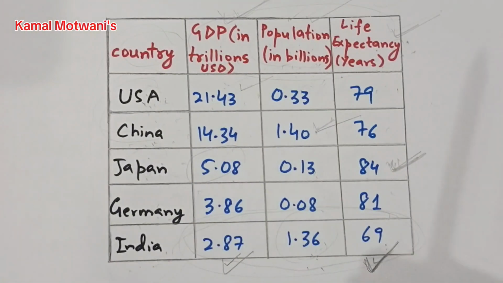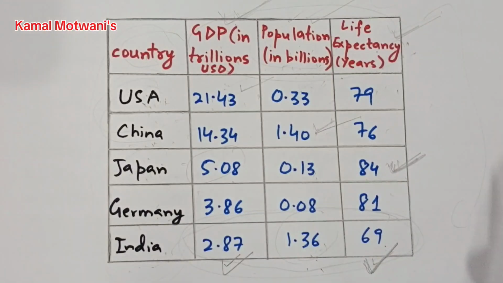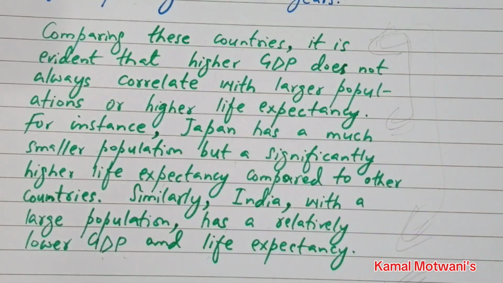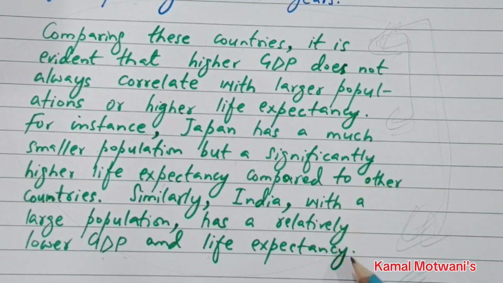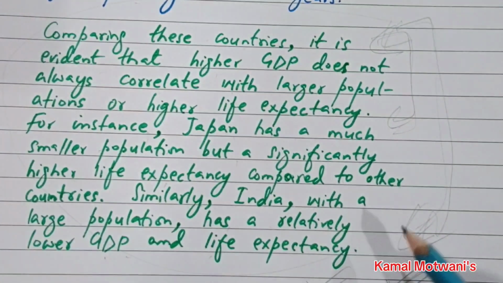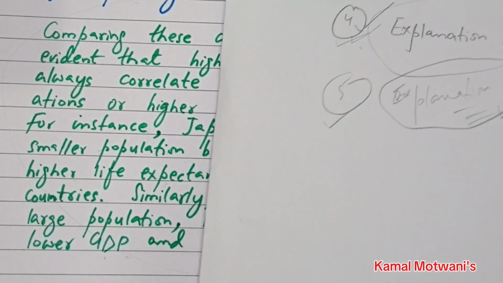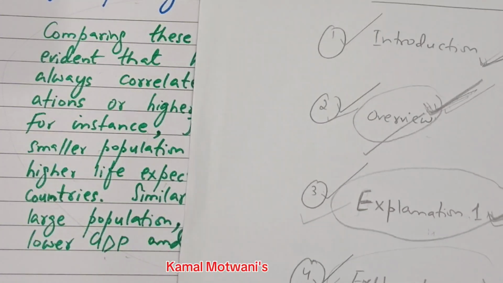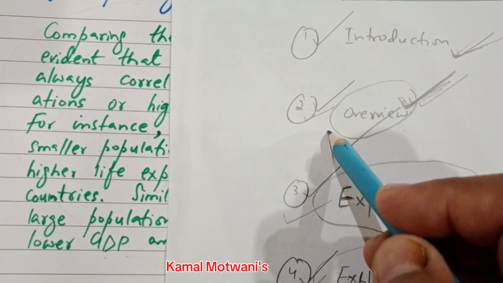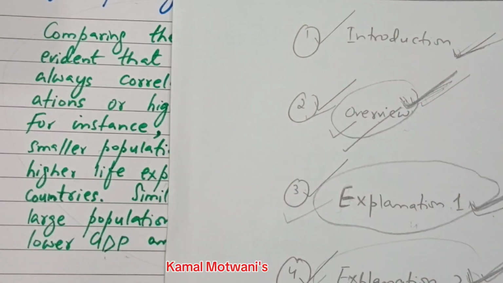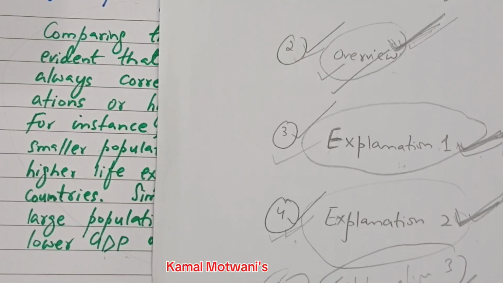So this is how we interpret the tables and critically analyze the table. This paragraph is very much necessary because it shows your analytical and critical skills to analyze the table. I have already discussed in many videos that we do not write a conclusion in IELTS writing task 1 because we already write an overview. So there is no need to write a conclusion in IELTS writing task 1.